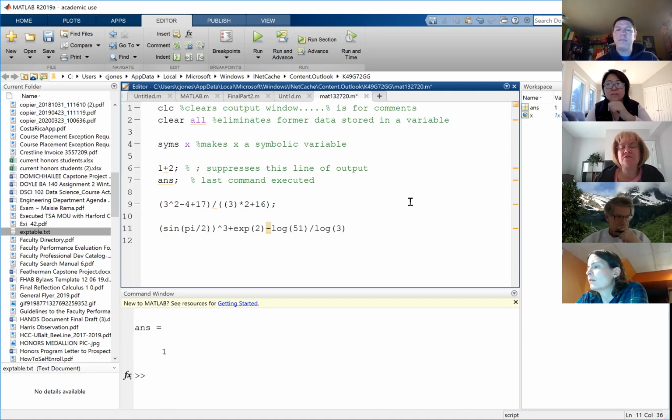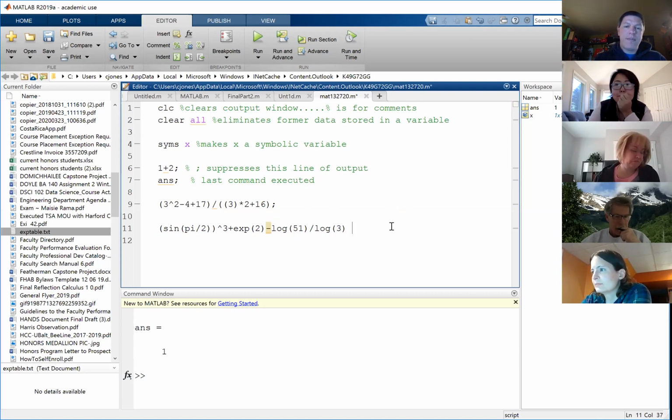Does it matter if you use log or natural log here? Actually, in MATLAB, log represents natural log. And we know common log is what we usually have from the calculator, but it's just the way